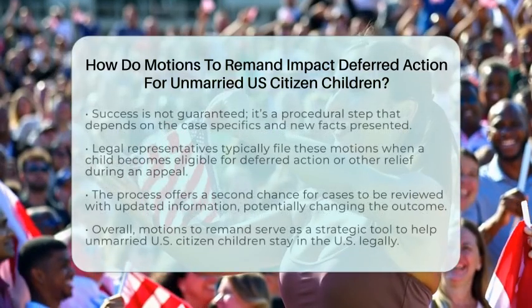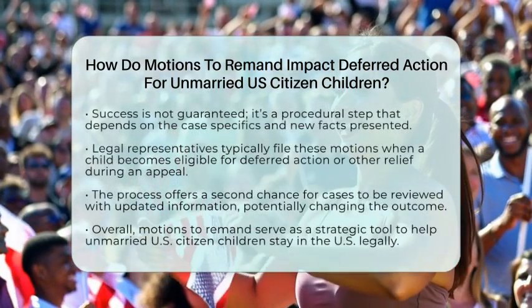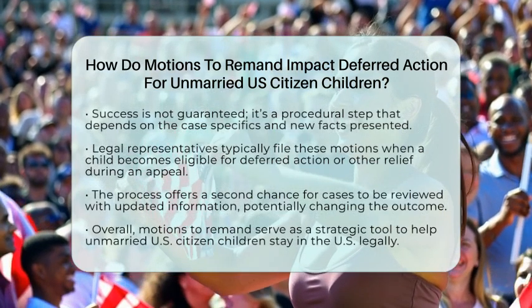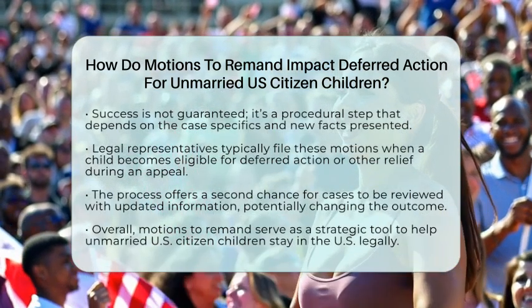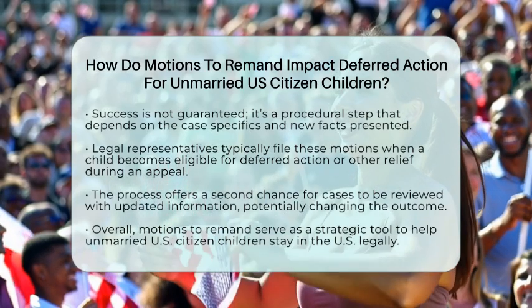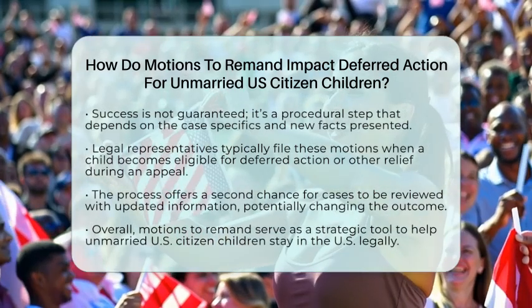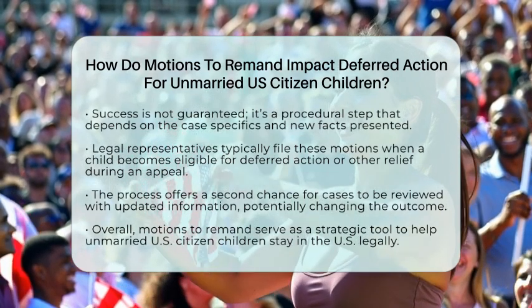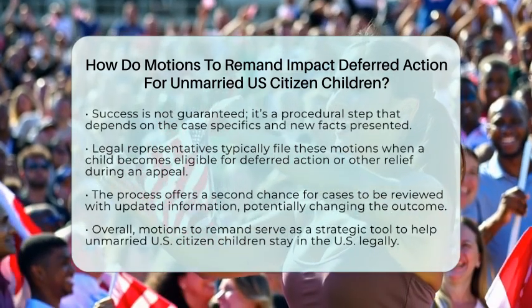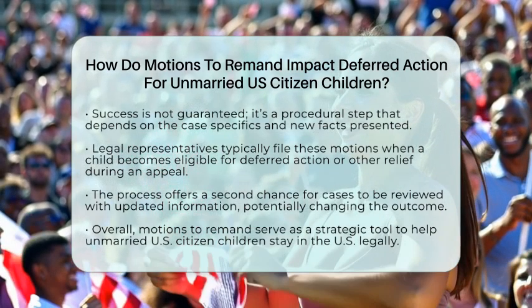In practical terms, if a child becomes eligible for deferred action or adjustment of status during an appeal, their legal representative can file a motion to remand. This moves the case back to the immigration judge, who can then decide whether the child qualifies for relief based on the new facts. This process can help protect the child from deportation and possibly lead to lawful status tied